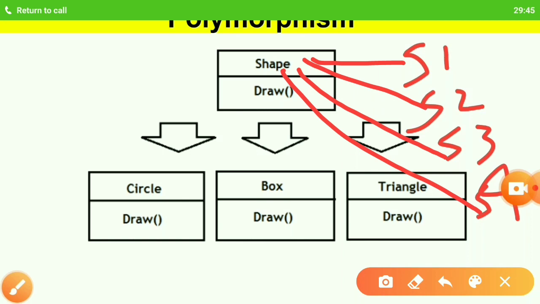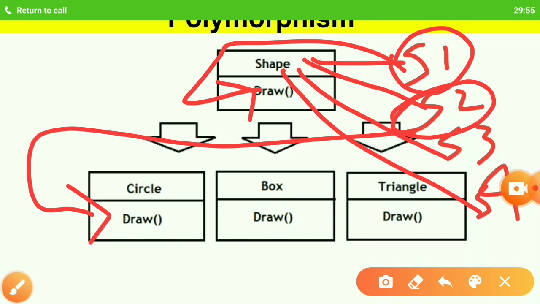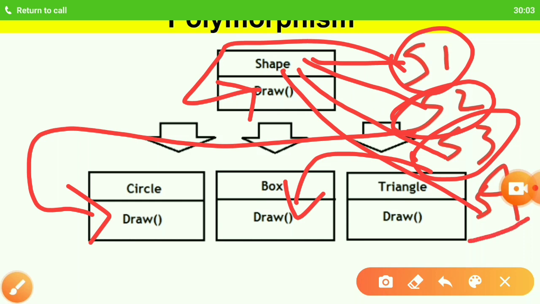When I call the draw function using S1, this function will be called. When I call the draw function using S2, this function will be called. When I call the draw function using S3, this function will be called. And similarly, when I call the draw function using S4, this particular function will be called.